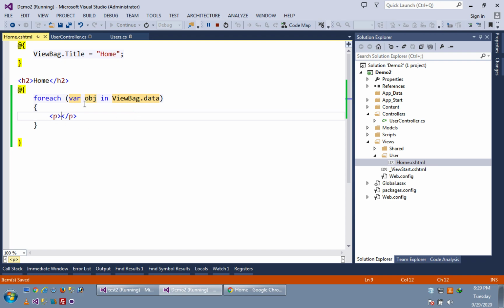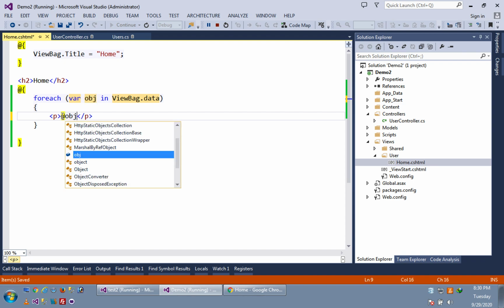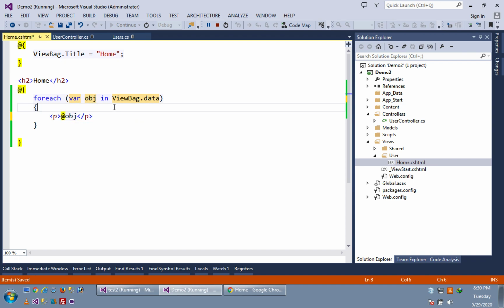In the paragraph, we just have to write this object, obj. So here I have to write like this, @obj. That's it. Now let's check. So now the paragraph tag is applied to each and every object's name.